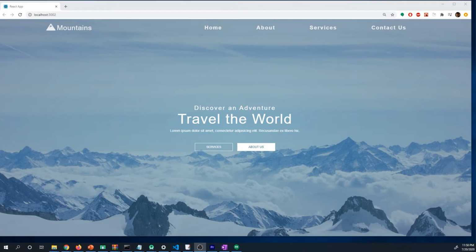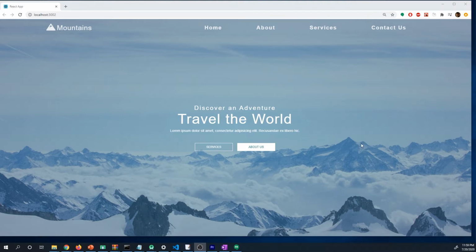So this is the website that we're going to build. It's a fairly simple website, but I think it still looks pretty nice. If we take a look at the different things we've got going on in this website, you can see at the top we've got our navbar, and on the left side we've got our logo. And then on the right side, we've got our different links. Then we've got this nice, beautiful backdrop of mountains with a slight blue color resting on top of the image. And then I've got this text right here with a couple of buttons just to make it look like an actual website, even though the focus of this project was really the mobile responsive